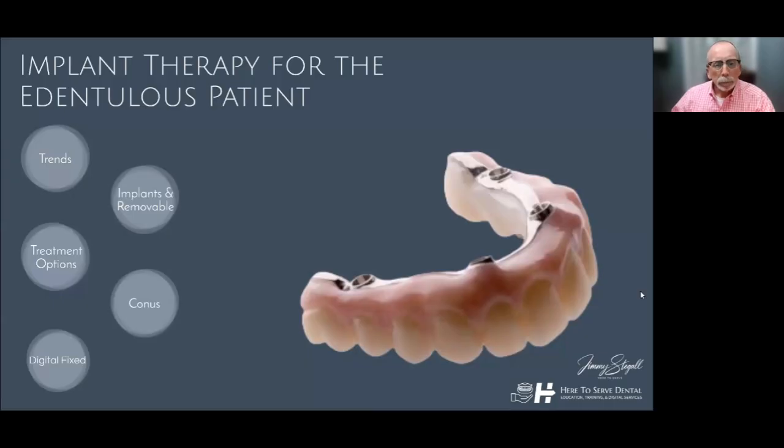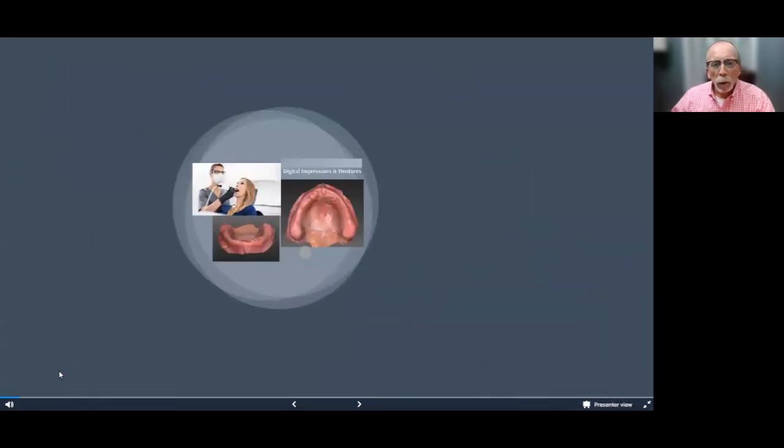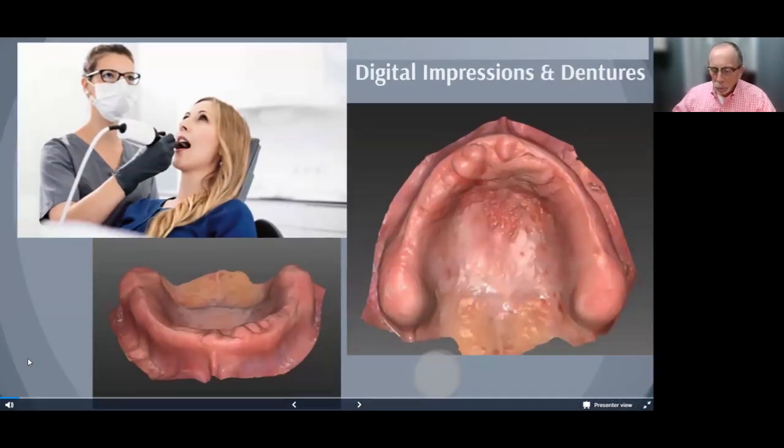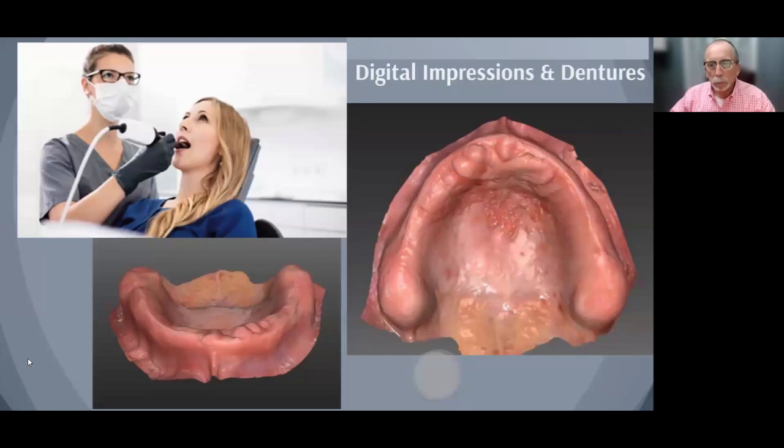So we'll start with a quick overview about when we look at an edentulous patient, where the treatment trends are going. Obviously intraoral scanners have played a big part in our world, and we're seeing more and more utilization of intraoral scanners with traditional prosthesis. So we see digital dentures, and